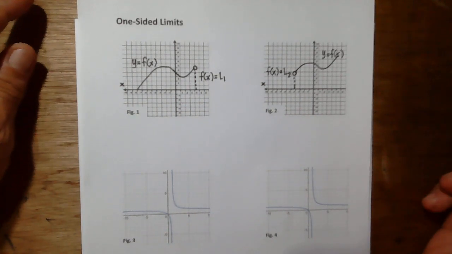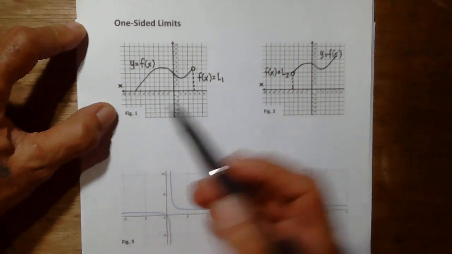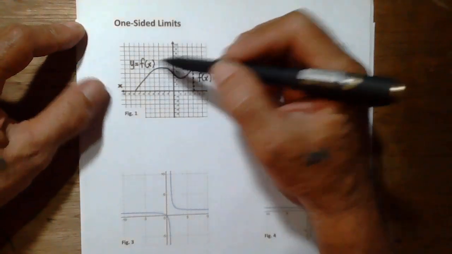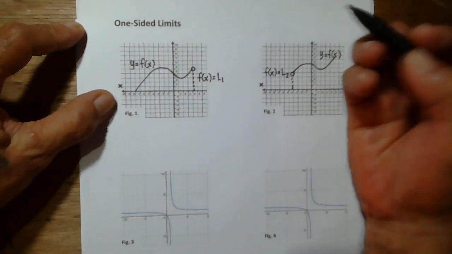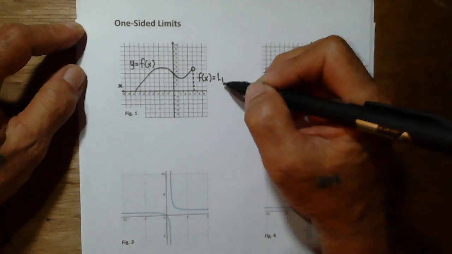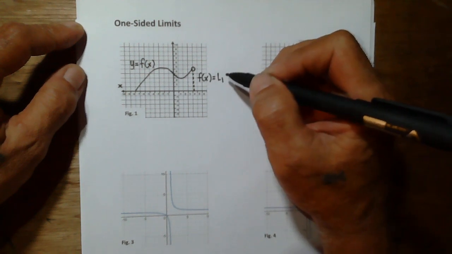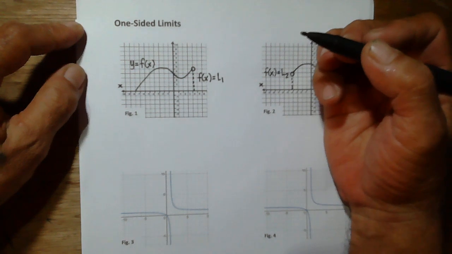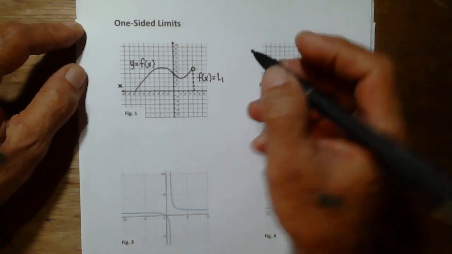One-sided limits. So on the illustration, figure 1 is a graph of a function y is equal to f of x. Suppose this is the function, and the limit value is equal to L sub 1. If a function f of x approaches a value L sub 1 as x gets closer to a number a,